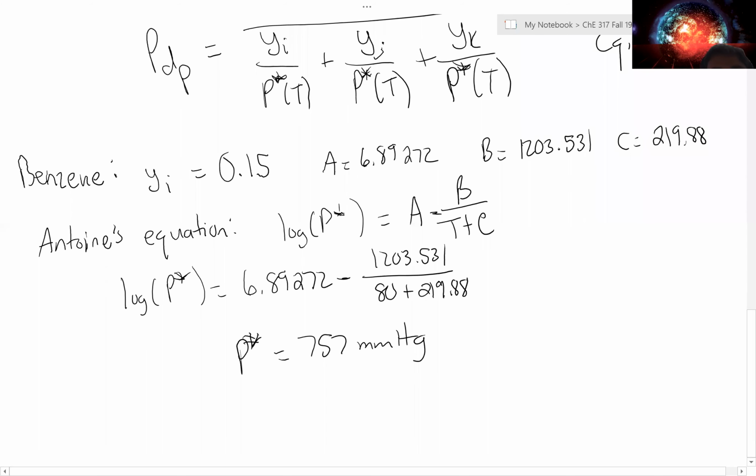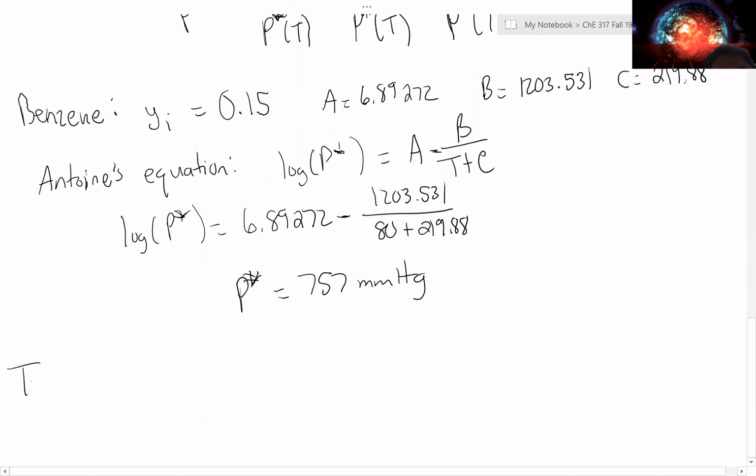So now we have to look at toluene, which I believe was 10 mole percent. And for toluene, the constants are 6.95805